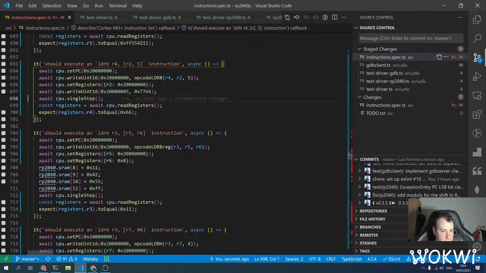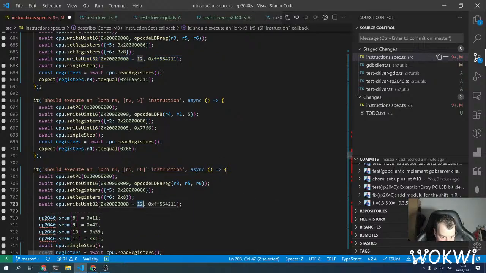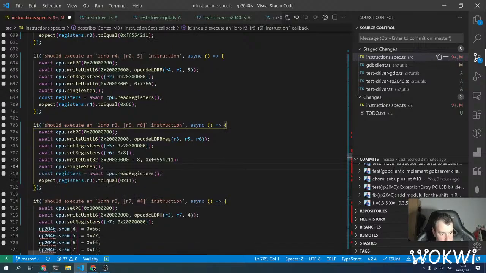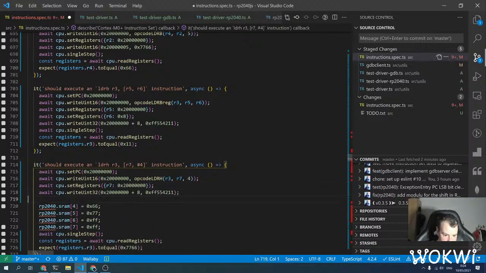Right. Whew, there are many of those. So here it's 8, and generally FF55 44 to 11. We have so many test cases. It's not fun when you have to refactor all of them. Yeah, and then this is